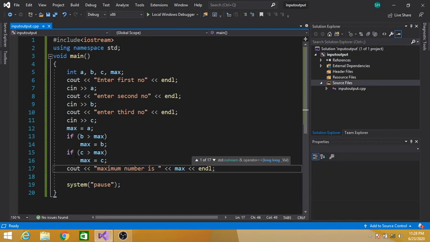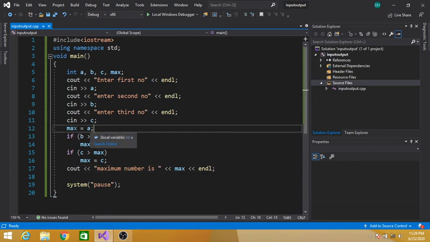Similarly, if C is greater than maximum, then C is maximum, and we are assigning the value of C to maximum. Then we are simply displaying the value of maximum number. We have not compared it with A, because we have already considered that A is maximum, so we do not need to compare if A is greater than maximum.